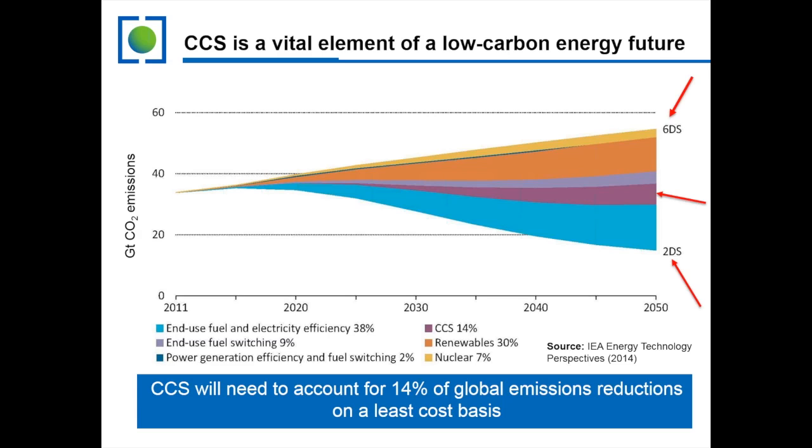And you can see in the dark purple wedge there that CCS is a vital component of this portfolio and will contribute an estimated 14% of emissions reductions overall from 2011 out to 2050, or 17% of emissions reductions in the year 2050. Now, the International Energy Agency also estimates that 70% of this deployment will need to happen in non-OECD countries. So just to underline that, the majority of this deployment will need to happen in developing countries, and